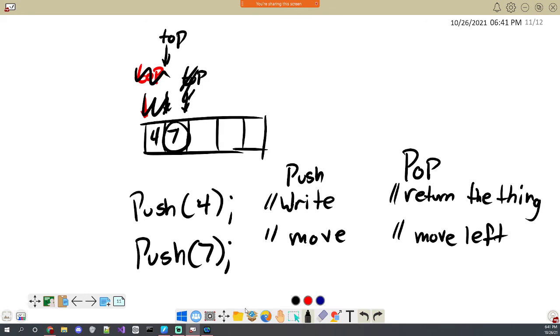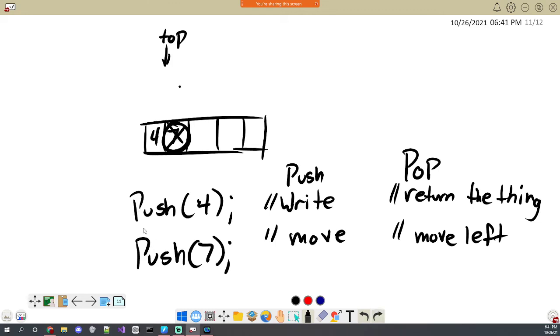What was the one thing I wanted to mention? Right, I just want to bring up another term. I don't think it'll be on the exam, but it's something to be aware of if you're going around online. When we just ignore something, when I pushed 2 things and then popped, I left the 7 there, but it's not really part of my stack, and if I was to push again, it would just overwrite it. Like if I pushed an 8, it would just go where the 7 was.